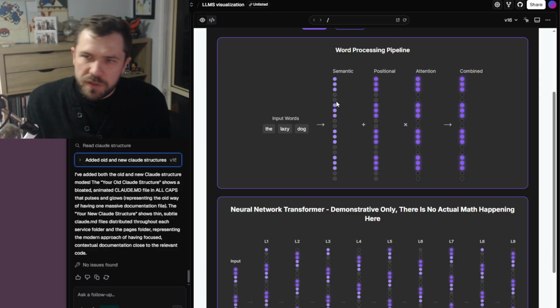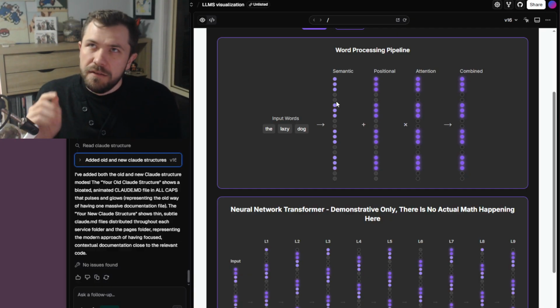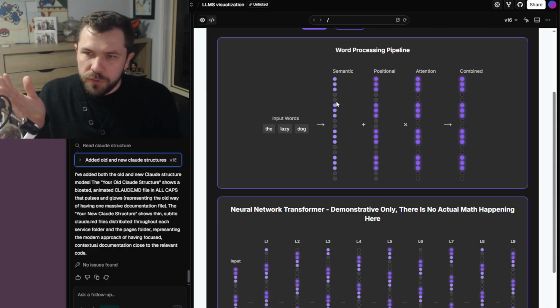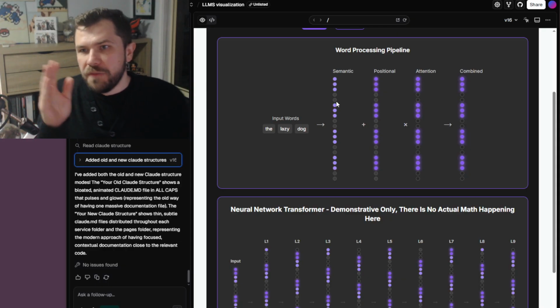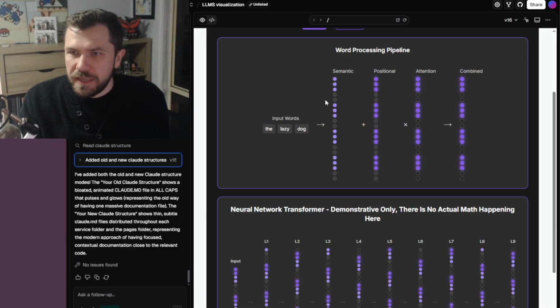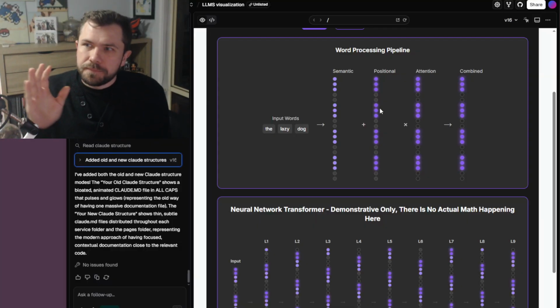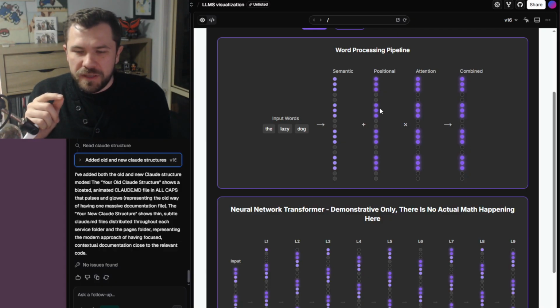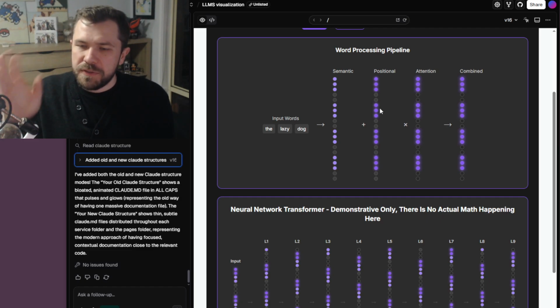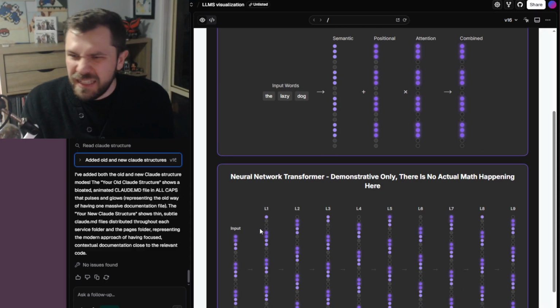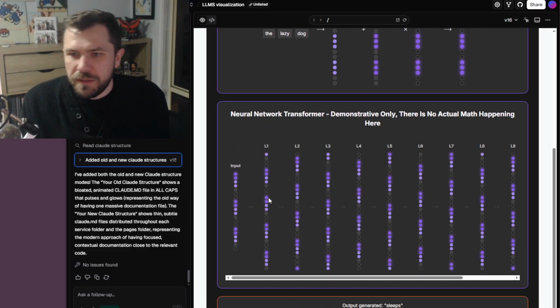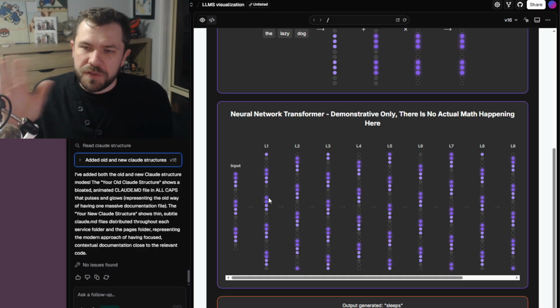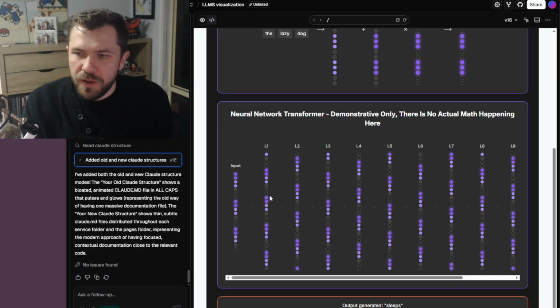In this little diagram, each of these little lights represents a real number, and vector math is applied to each of them. I believe in the case of semantic and positional, it's just additive, and that's actually true for attentional as well. I've got the multiplication symbol here, but ultimately you take what would have been the language looked up in a graph against a vector ID, or a vector that goes into a feed forward layer. There's probably a bit more complexity to it. Like I said, I'm not necessarily a master of this space, but I know enough to infer some things about